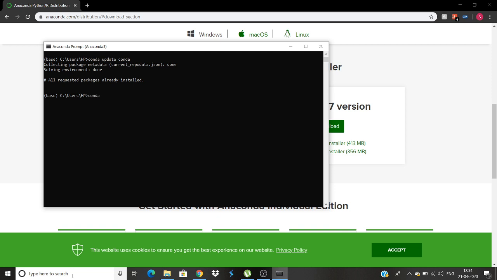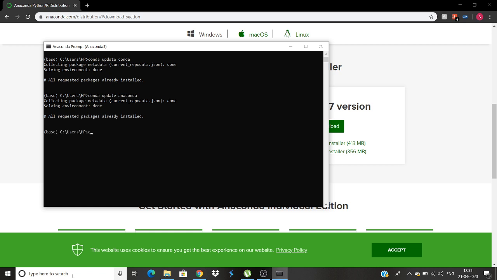Next thing that we need to do is conda update anaconda, in case you have Anaconda installed previously. It is done collecting the metadata, now it is solving the environment, and I think all the requested packages are already installed for me. Yes, so it's done there.